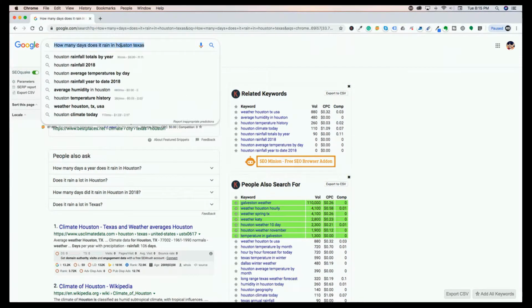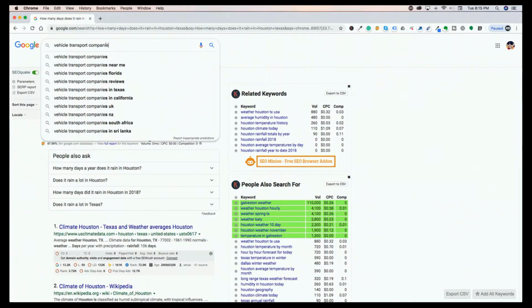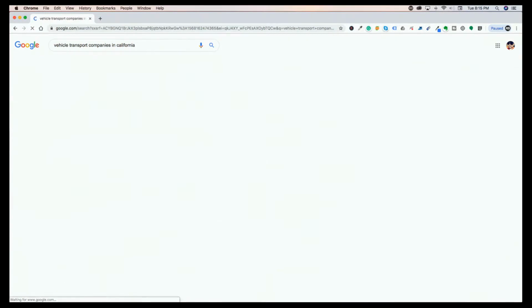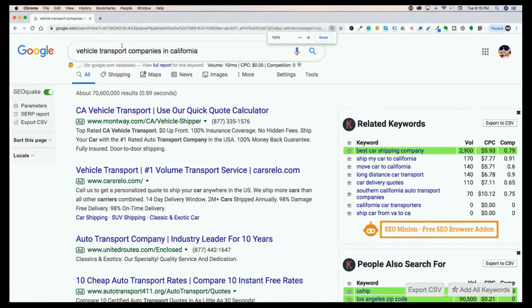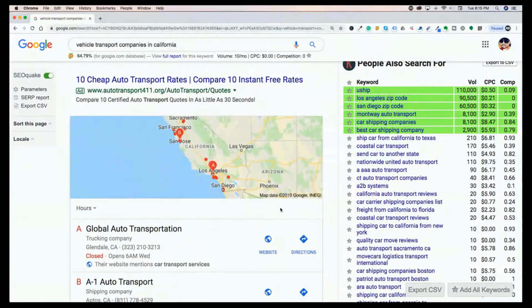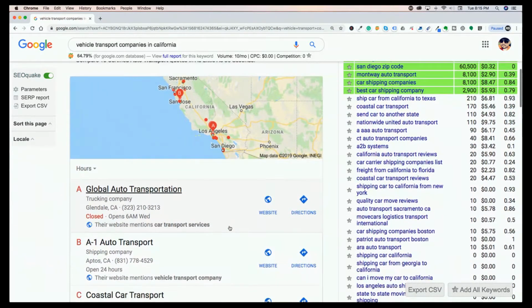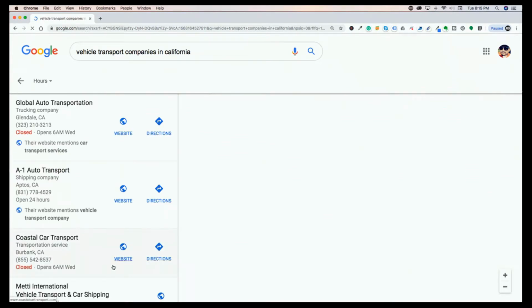Okay, so like let's say you want to contact some vehicle transport companies in California. You want to use search terms like vehicle transport companies in California. All right. You could just go off of the map results. These are a bunch of ads, okay? But here you go. Global Auto Transportation, A1 Auto Transport, Coastal Car Transport. And what you can do is you can just call them straight up